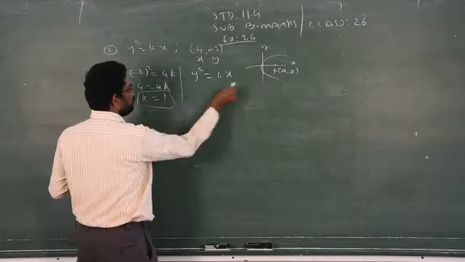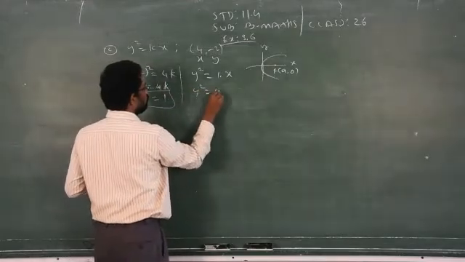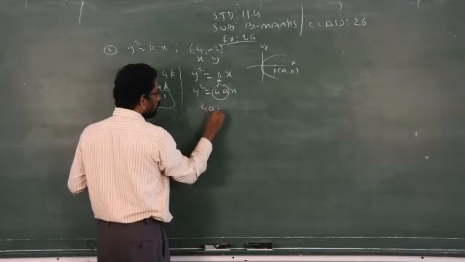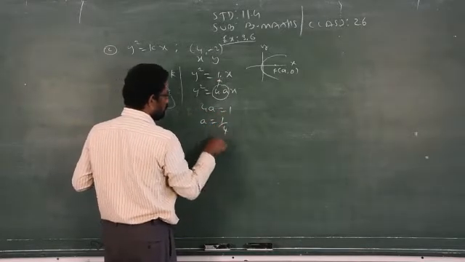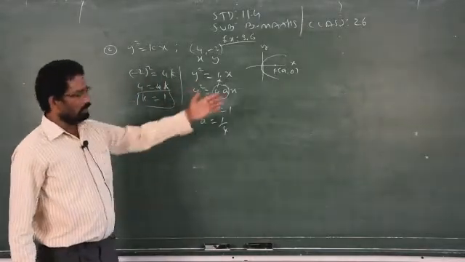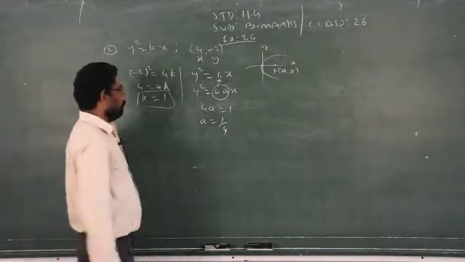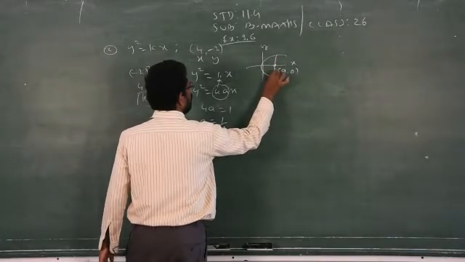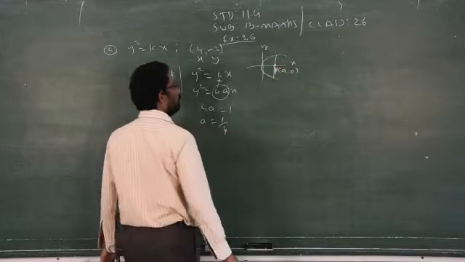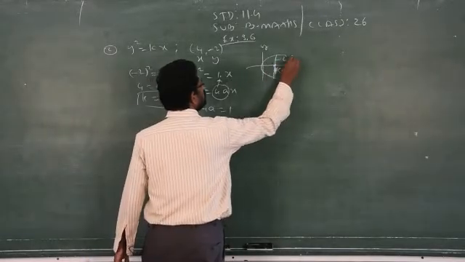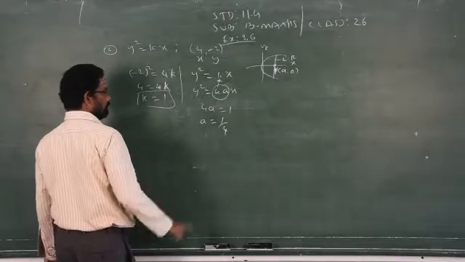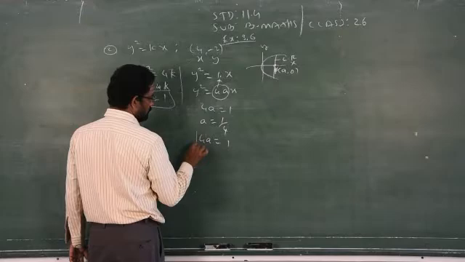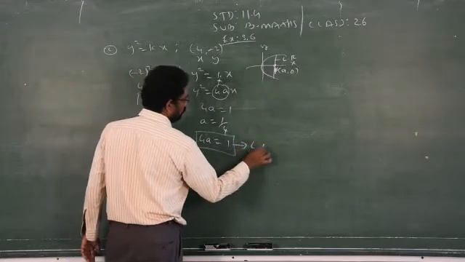So now the general formula for this is y square is equal to 4ax. In the place of 4a, what is given here? 1. So 4a is equal to 1, therefore a is equal to how much? 1 by 4. So now we can easily find out the latus rectum. What is meant by latus rectum? A straight line which passes through the focus of the parabola is called latus rectum, that is LR. Clear? So now LR is 4a, which is already 1.